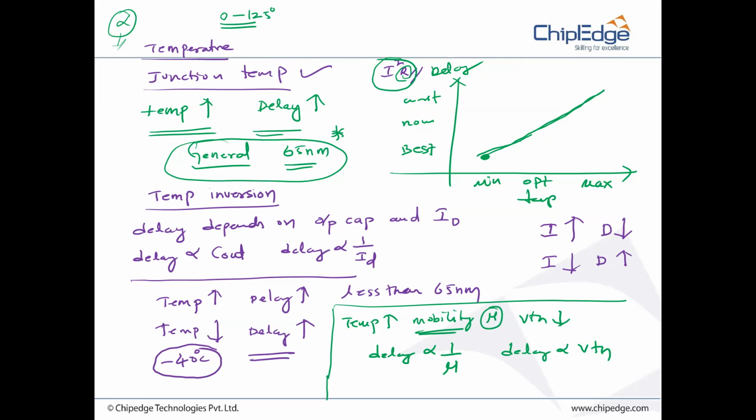So the resultant effect of this decides the delay. But please understand, at lower nodes,